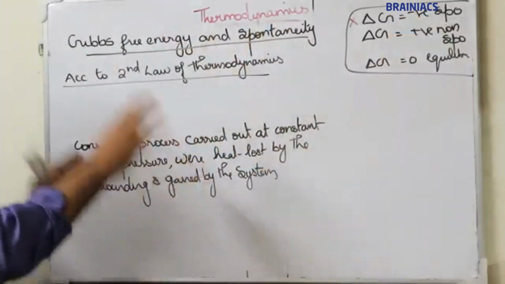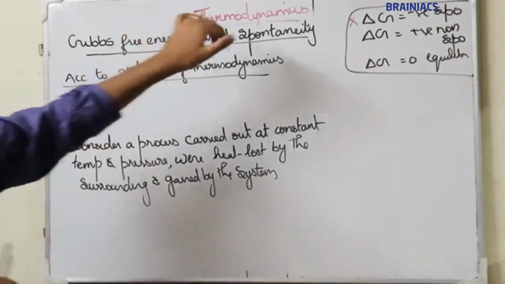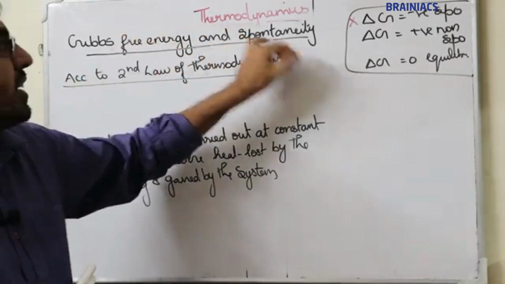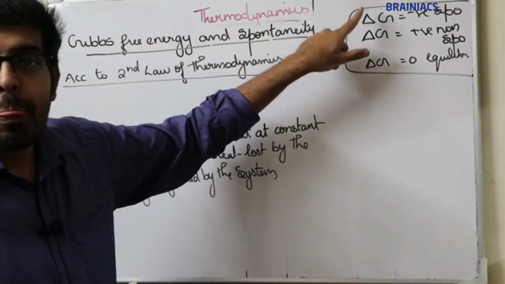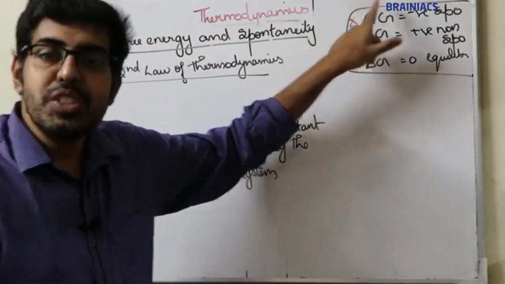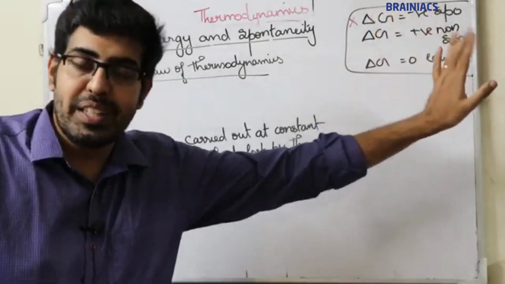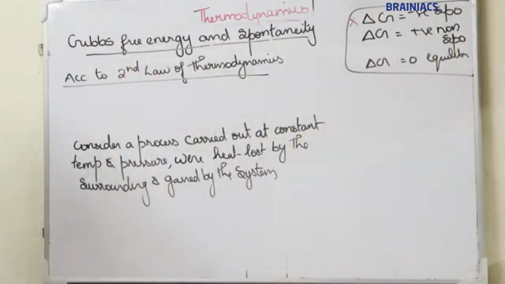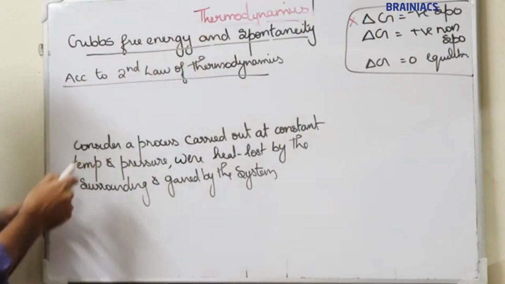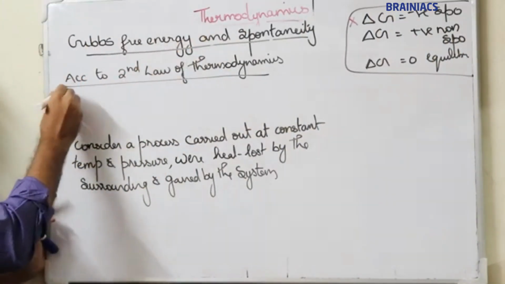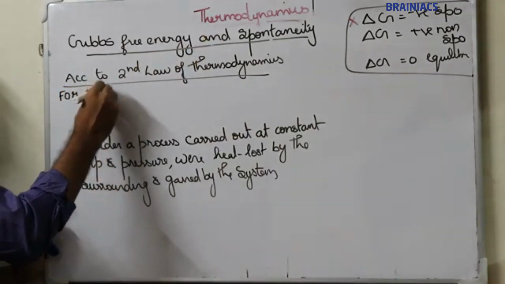So the next topic is Gibbs free energy and spontaneity. In this topic, we are going to prove that when the delta G value of a reaction becomes negative, then that process is always spontaneous. So please listen carefully. According to the second law, what does the second law state? That for a spontaneous process,